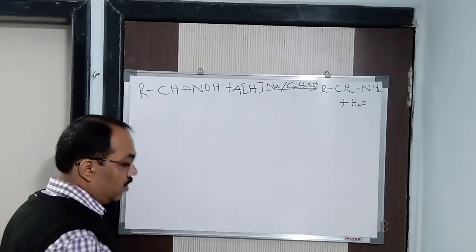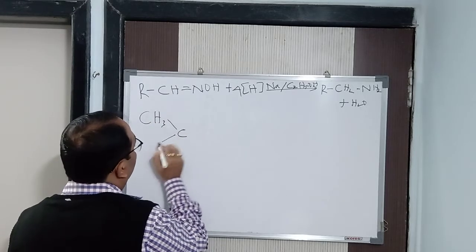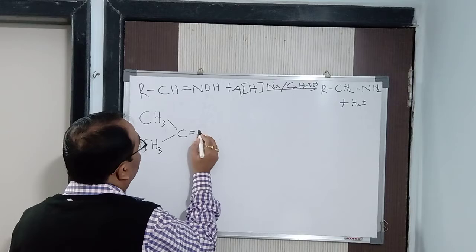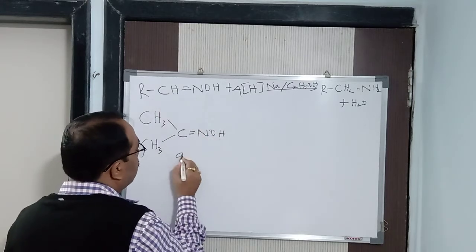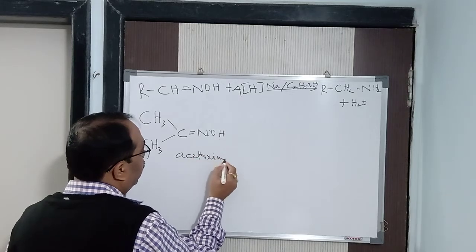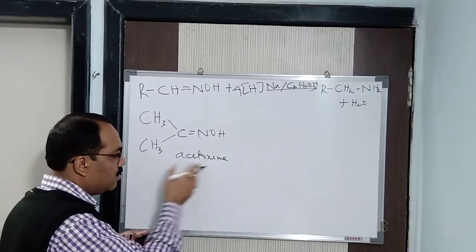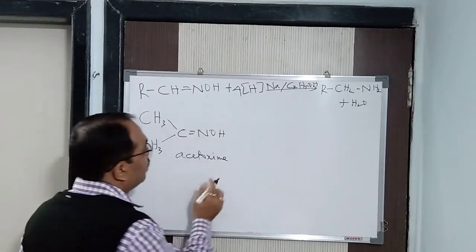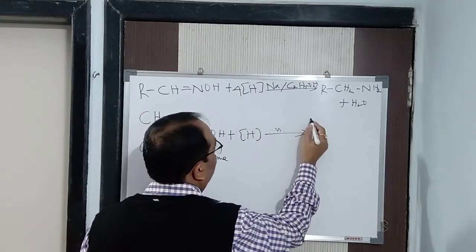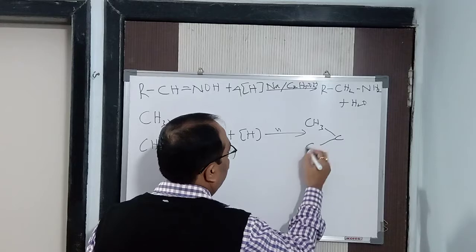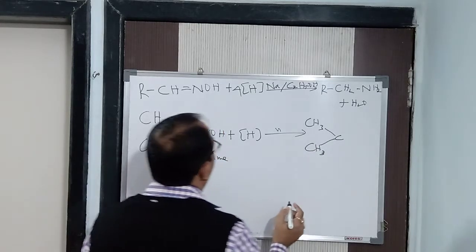Clear? So for example, let us take one ketoxime, that is CH3C=NOH, with another alkyl group in place of H. So the name is acetoxime. It comes under the group ketoxime because it is made from ketone. But the name of this particular compound is acetoxime. Plus again nascent hydrogen, the same reducing agent. What am I going to get? That is CH3, then